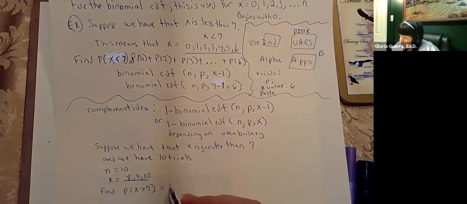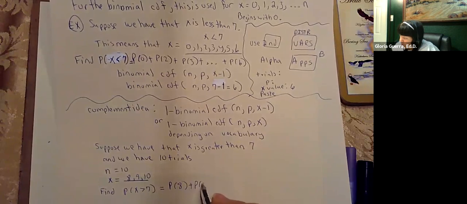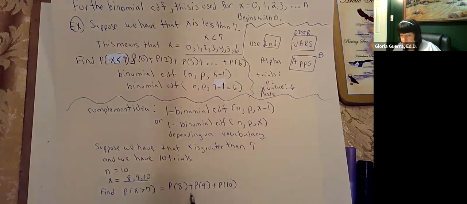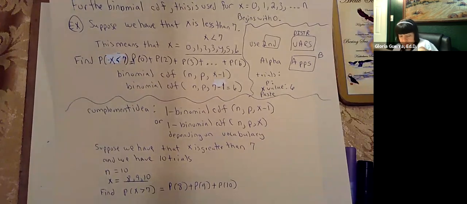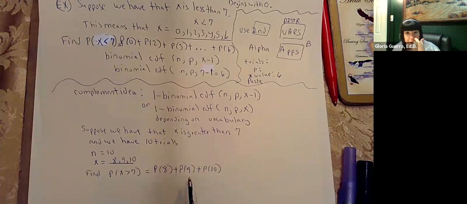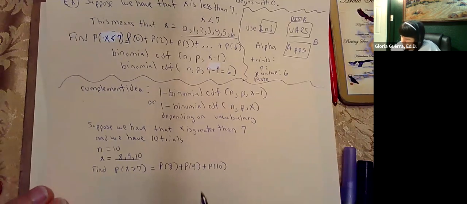So this would be probability of 8 plus probability of 9 plus probability of 10 is what that would equal then. Okay. And so the reason why, in order to find that on the calculators, we have to use the complement idea is how we figure that. And that's because,